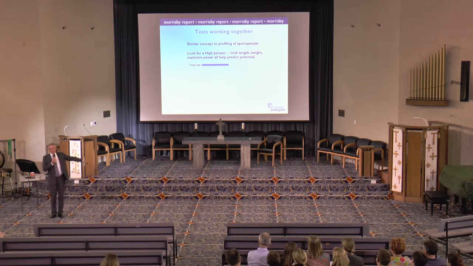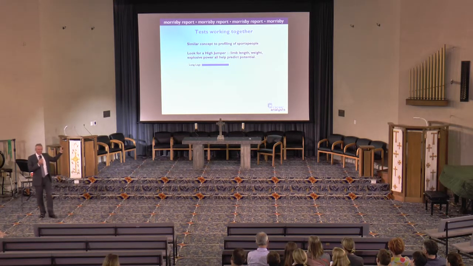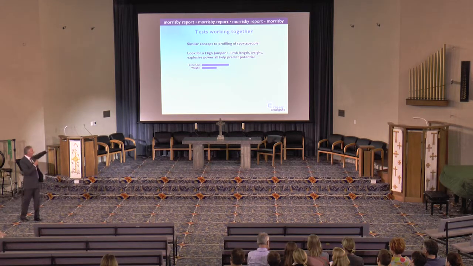However, if they all stood at one side of the room, they'd all look a bit different to each other, and one source of information isn't really going to help us predict who'd be good at high jump. We need more detail. So maybe we introduce weight. And clearly people who are tall and light are suited to different sports or positions in a team than people who are tall and heavy. And you can imagine adding in more variables. Strength, flexibility might all be factors.